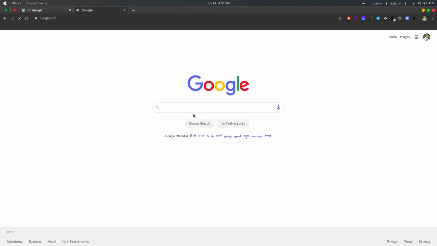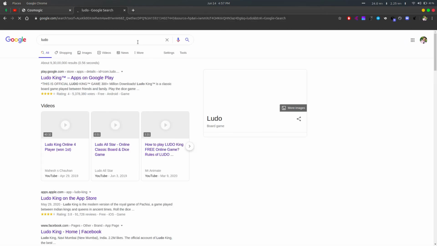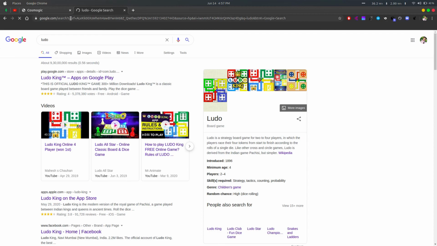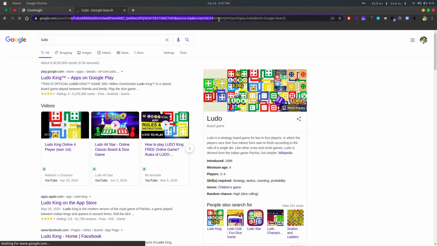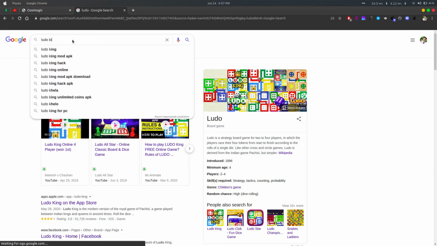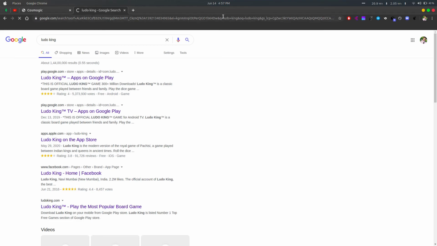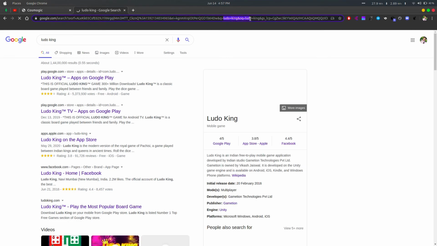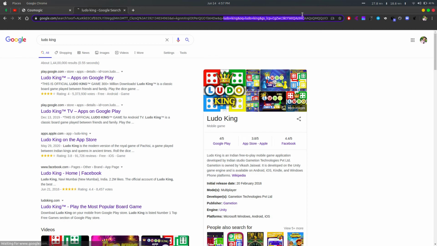Now if I search here games or Ludo, you can see our search is visible in the search bar. Like if I search Ludo King here, you can see the search keywords are visible in the text field. So this is the main difference between get and post.